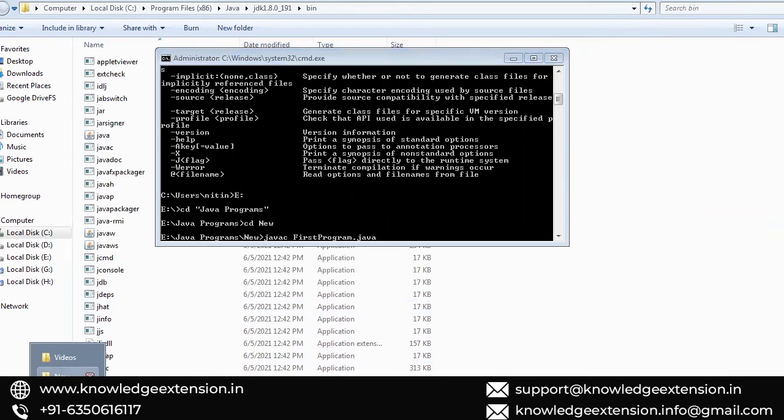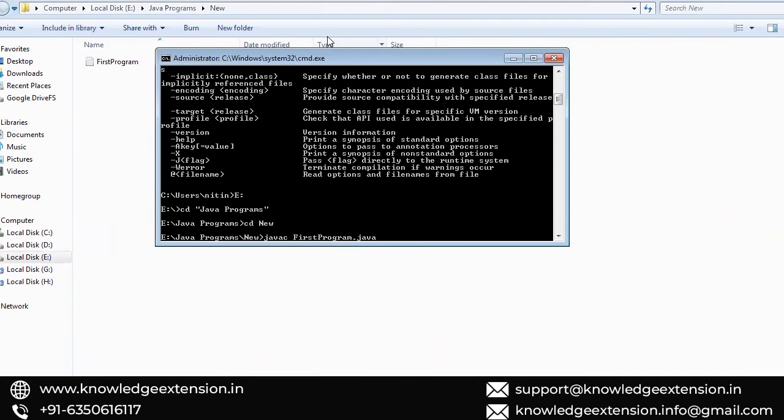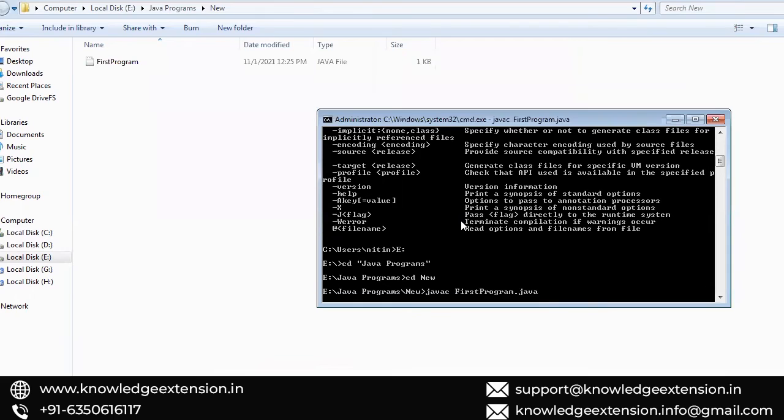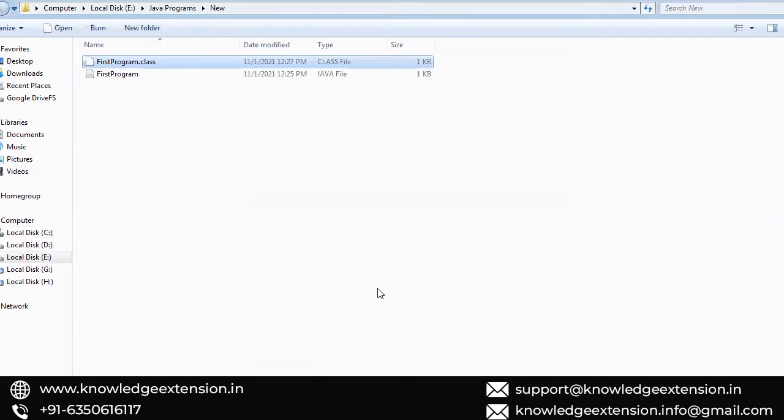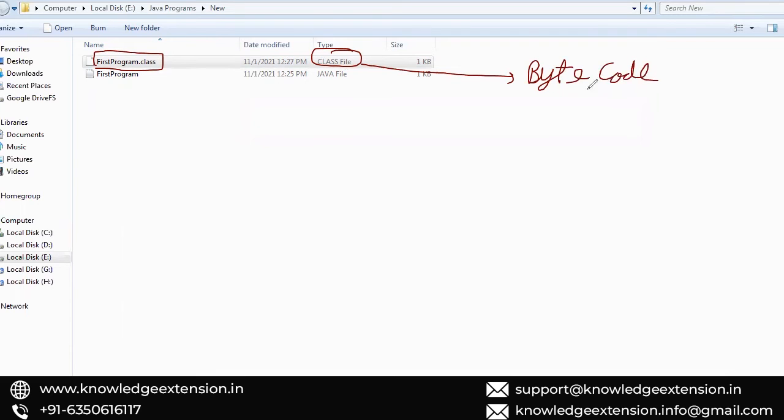Okay, before compiling I can just open this. So you can see there is only one file here. Once I compile, if there is no error in the program, it is just compiled, and you can see the dot class file is ready here. Okay, so you can see the type of this class file, and the class file is named with the class name. So the class name is first program dot class. Okay, so this class file basically contains bytecode. Okay, and that bytecode is understood by the JVM, or we can say the JRE.